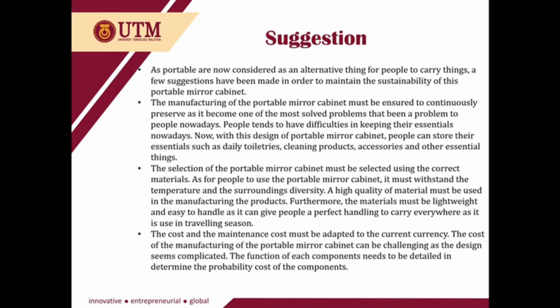And for the suggestion part, as portables are now considered as an alternative for people to carry things, a few suggestions have been made in order to maintain the sustainability of this portable mirror cabinet. The manufacturing of the portable mirror cabinet must be ensured to continually preserve, as it becomes one of the most solved problems that have been a problem to people nowadays. People tend to have difficulties in keeping their essentials nowadays. Now, with the design of portable mirror cabinets, people can store their essentials such as daily toiletries, cleaning products, accessories,